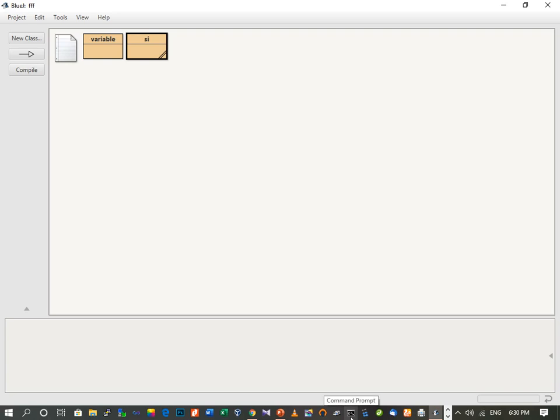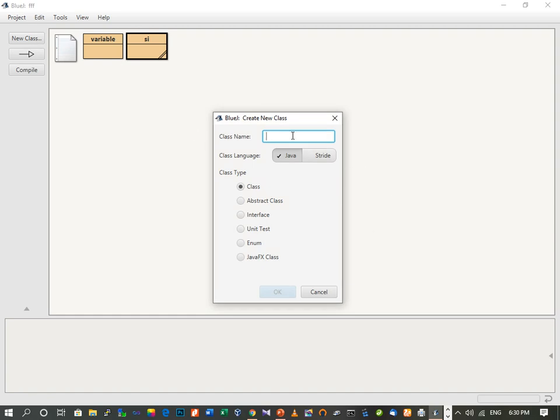In the last video, we studied how to initialize values of the variable in the program itself. Today in this program, we will learn how to accept values from the user during runtime. So we are going to create a new class for this. This is a program to find out simple interest, but in this we are not going to initialize the values of principal, rate and time in the program itself, but we will accept the values from the user during runtime. So suppose I provide the class name as simple, now this should be class.